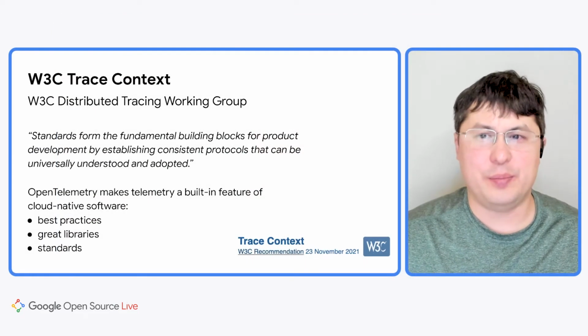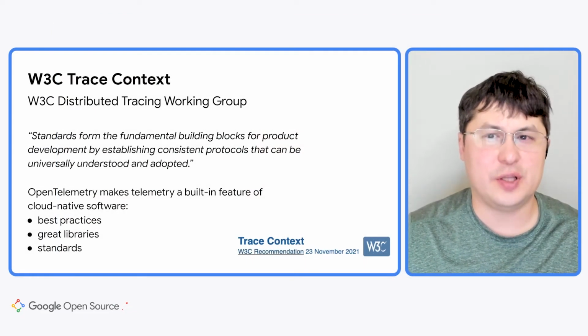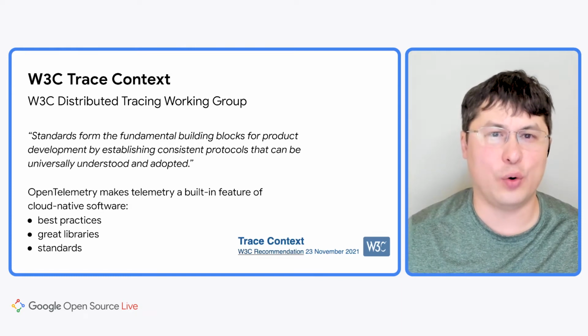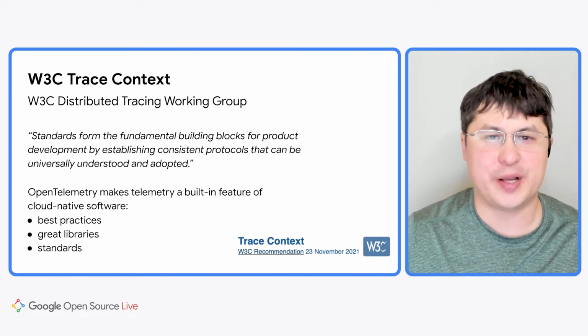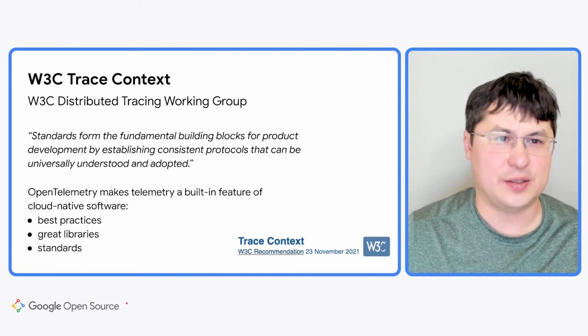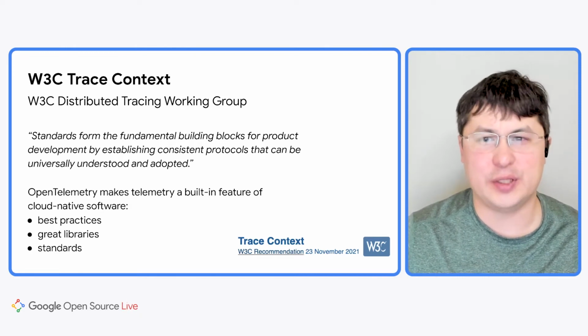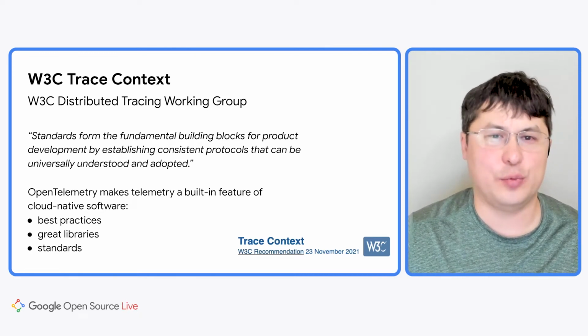When you propagate something between networks, between different applications and different frameworks, you need to make sure that all components understand each other. They use the same format of propagating information. And that's where W3C Trace Context, which is the default propagation format in OpenTelemetry, plays a very important role. And with OpenTelemetry, you don't need to learn about this standard. You just need to use some helper methods.